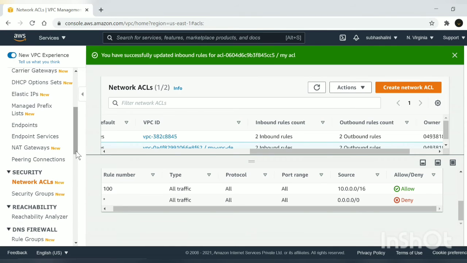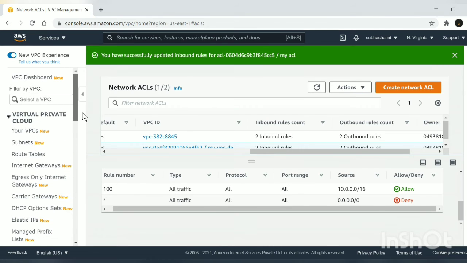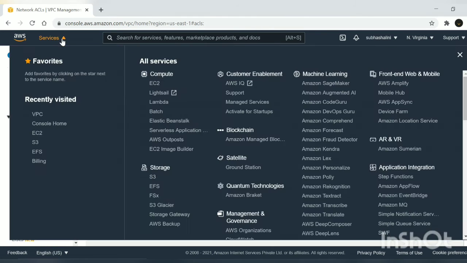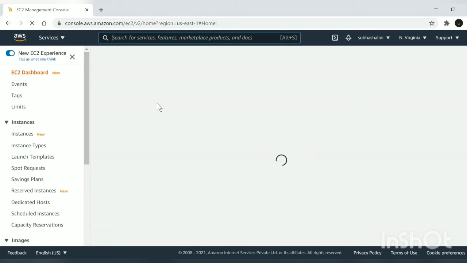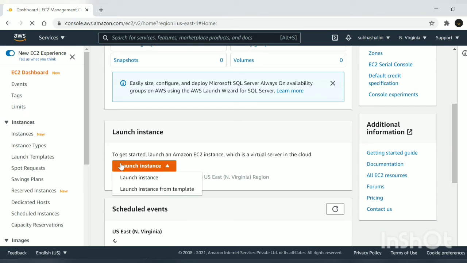Now we need to create an EC2 instance inside the subnets we have created, that is the public and private subnets. So I'm going to create two EC2 instances for both my public and private subnet. For that, go to services, choose EC2, click on launch instance.